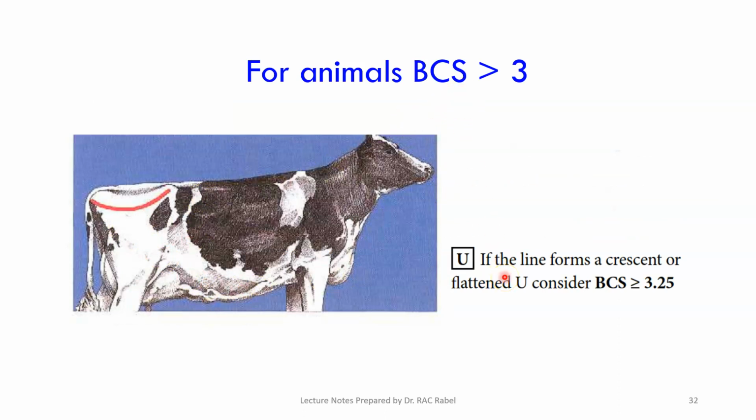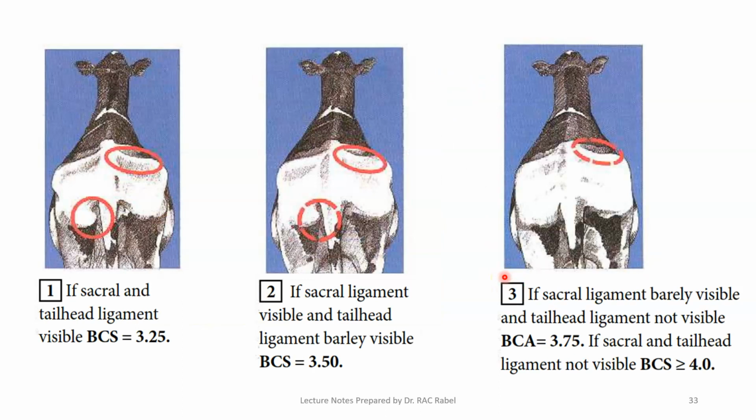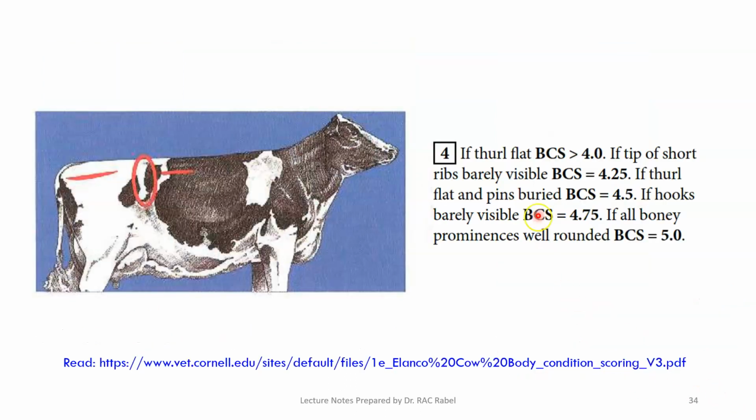Then you look at certain other anatomical landmarks. If you see this, it's 3.25. If that is what you see, it's 3.5. If that is what you see, it's 3.75 or higher, and so on. So I strongly urge you to download this guide from this web URL